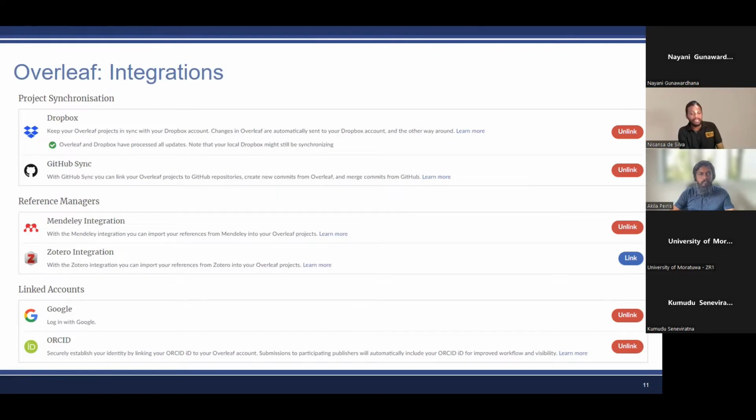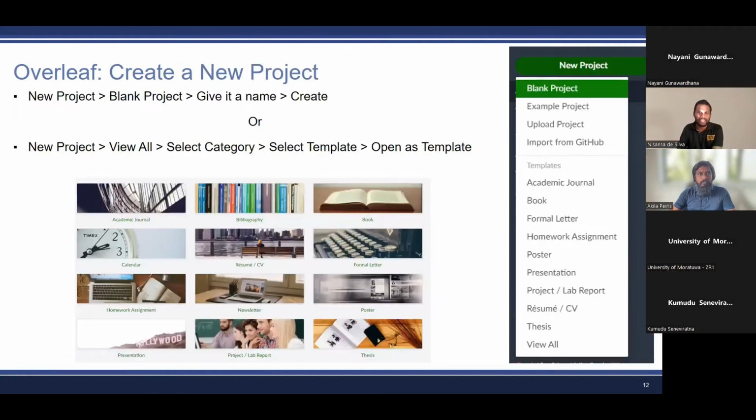But yes, it is possible to pay for them. If I remember correctly, monthly for a student is around $8 or $6. I do not remember exactly. However, if you have an institutional email address, it is subsidized massively, just like any academic thing. Now, to create a new document, you just click on new project and click on blank project, or you can go to a template, as I mentioned earlier.